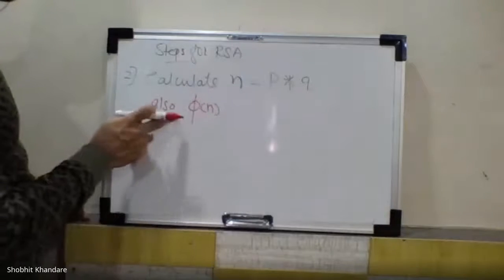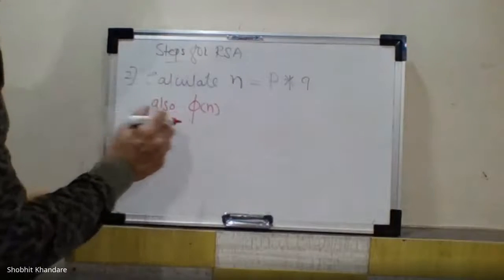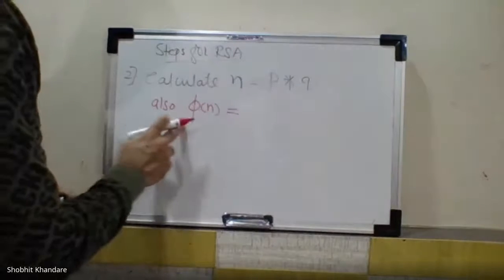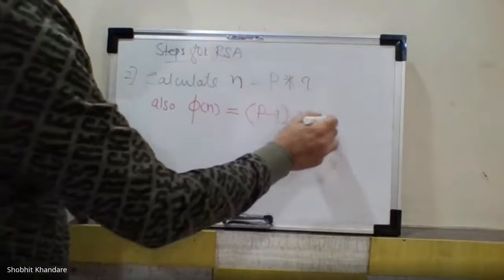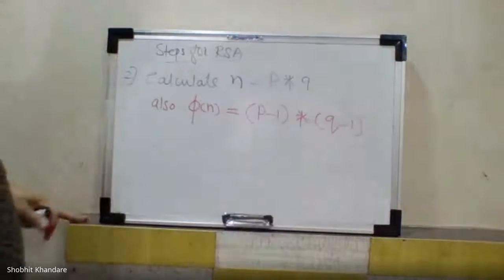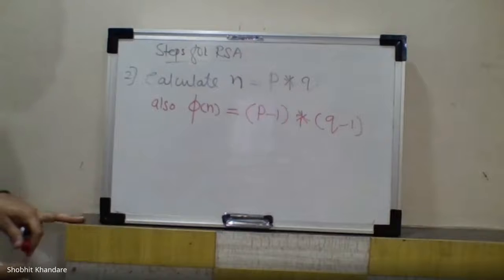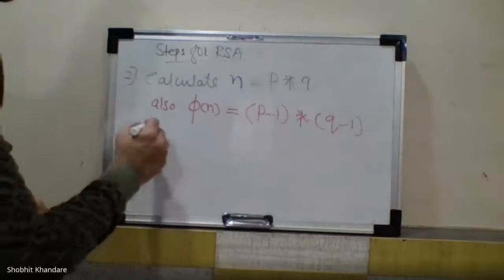See how I have written phi. Phi of n is equal to P minus 1 into Q minus 1, where